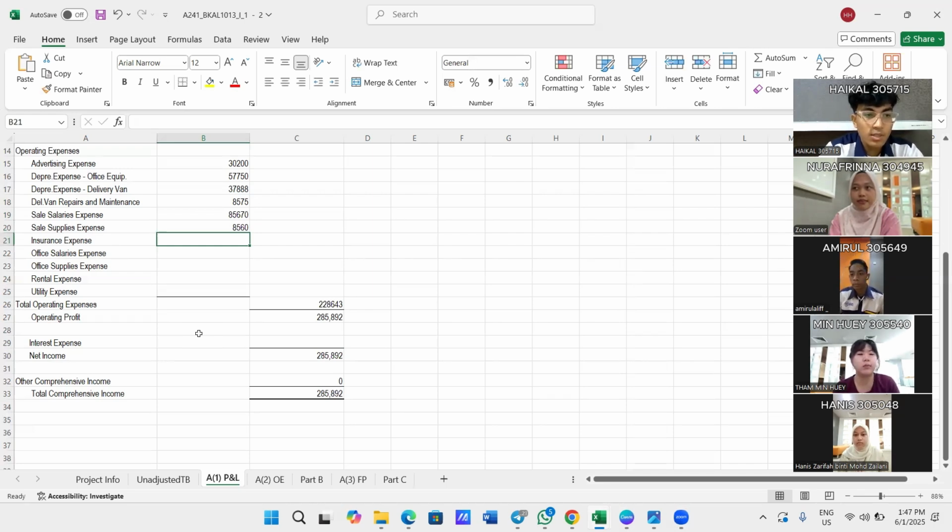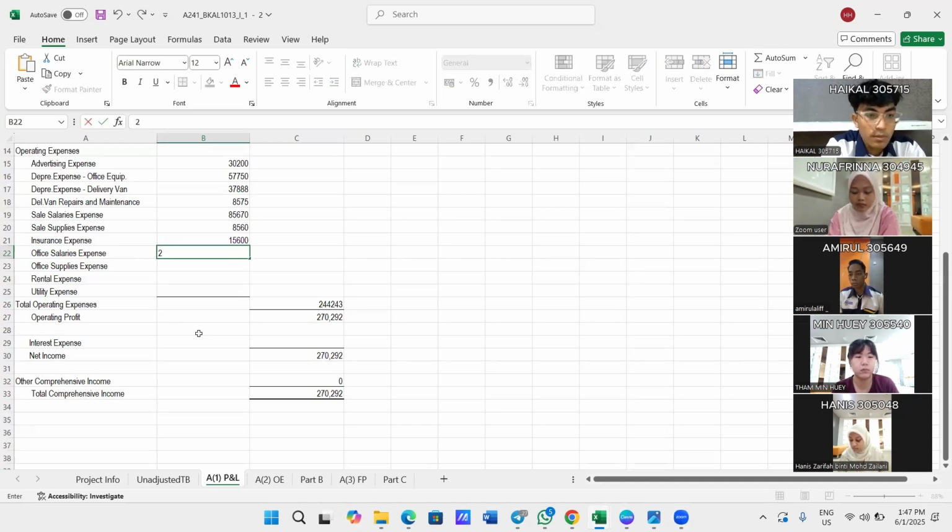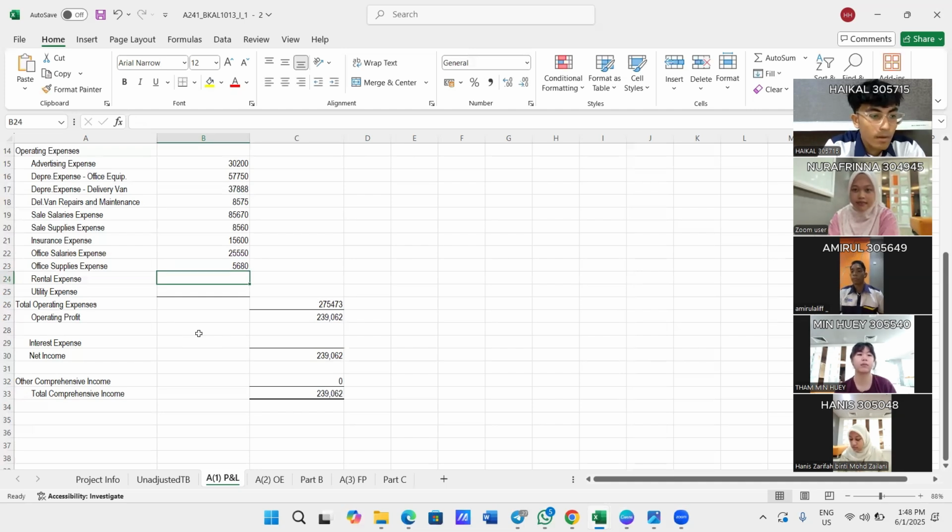The other expenses is insurance expenses. The amount is 15,600. The office service expenses is 25,550. And the office supply expenses is 5,680. The rental expenses is 30,500. The utility expenses is 25,870. So the total expenses is